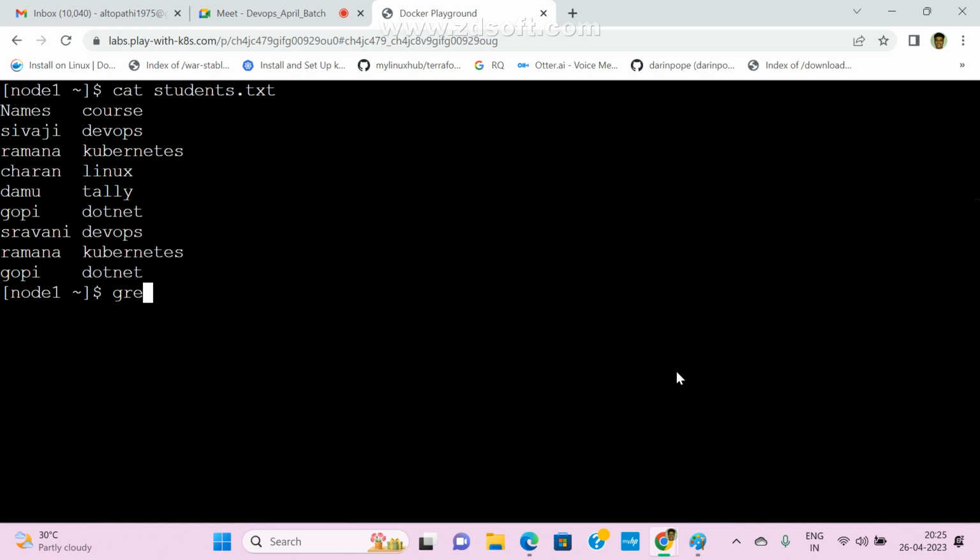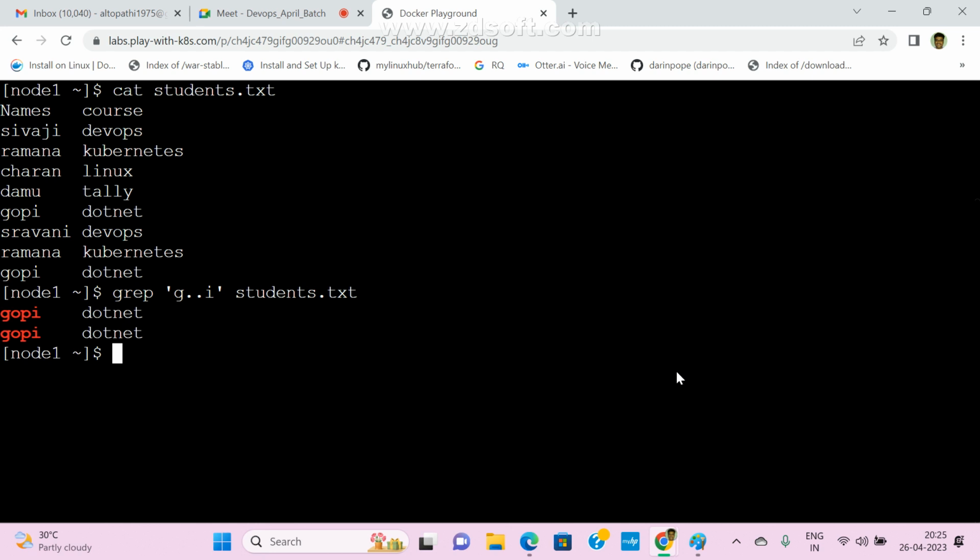Now we can use the regular expressions also. grep space, starts with G, the remaining 2 characters anything, and the last character I gave, and students dot txt. So we can pass like this also. Now which record will it display? Gopi, right? Not B, G. Now see here, Gopi related records it will display.